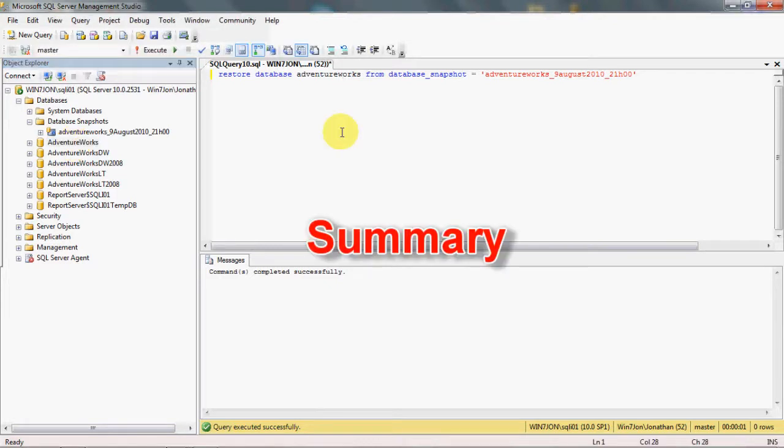Okay, so let's recap really quickly. We've probably discussed most of the pros and cons, but just to summarize it, remember some of the pros would be that reverting the entire database can be much faster than restoring from backup. The snapshot can be used as post-change comparison, so that's a really nice one